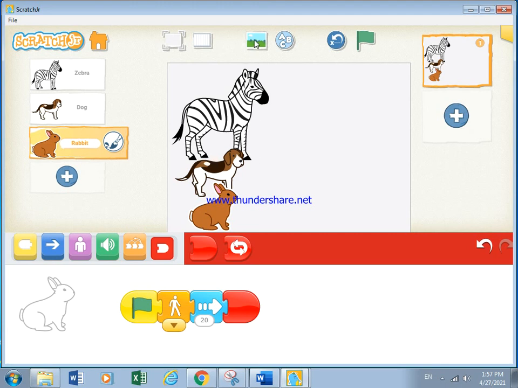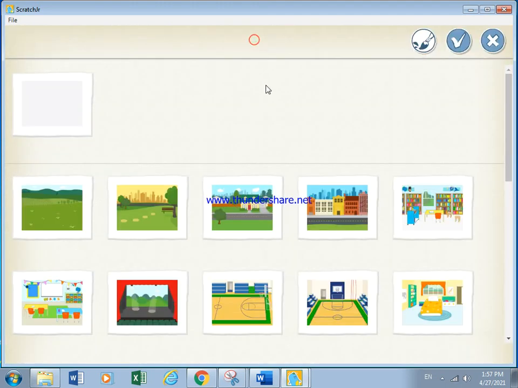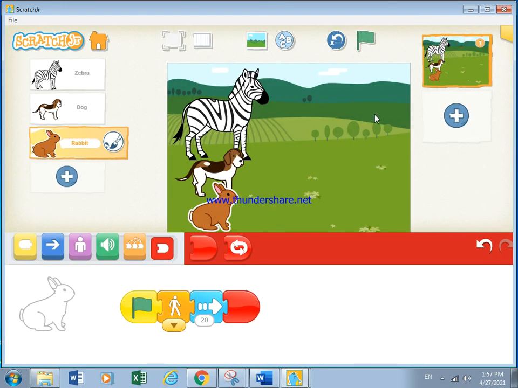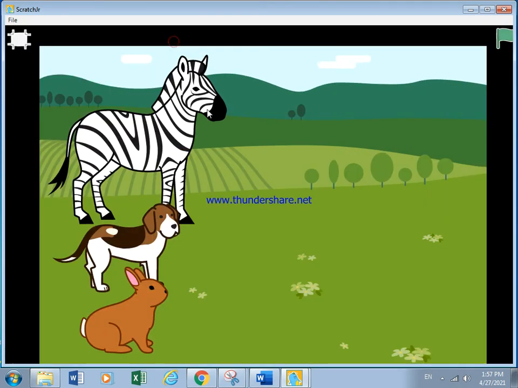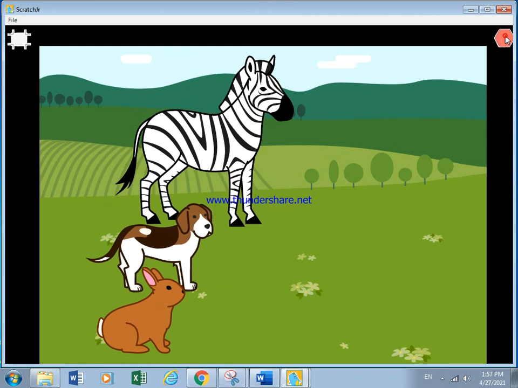Okay, we will change the background of that, any background which you want. Click on it, right? You click that. Now you will see when you click on this green flag,